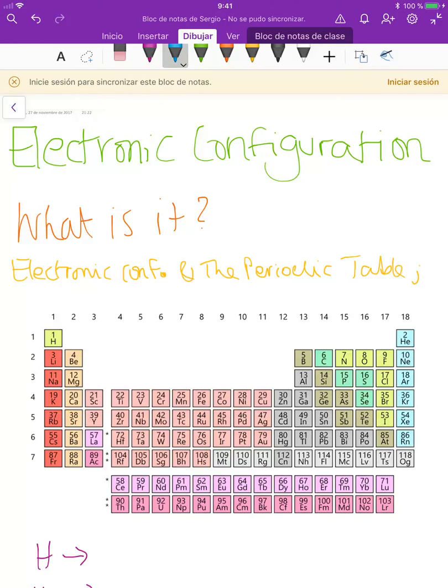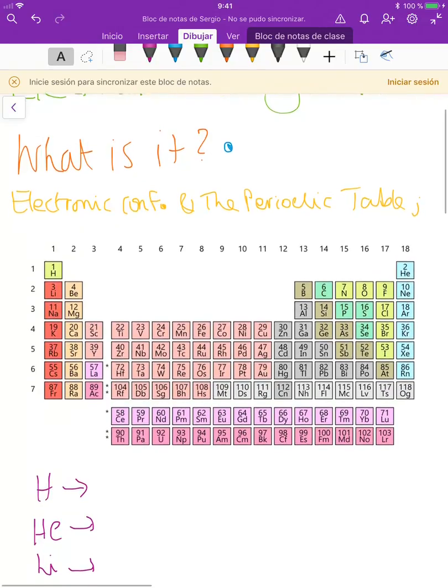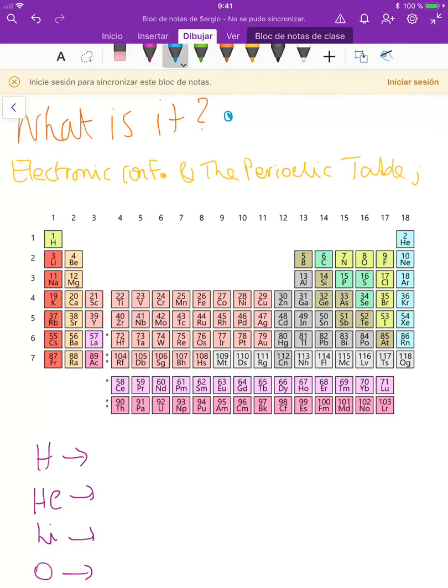Hello and welcome, and today we're going to talk about electronic configuration. But what is an electronic configuration? Well, the electronic configuration of an atom shows the number of electrons in each sub-level or subshell in each energy level or quantum shell of the atom. We have to know that it's very related with the periodic table, and we can state the electronic configuration of any atom or ion according to their position in the